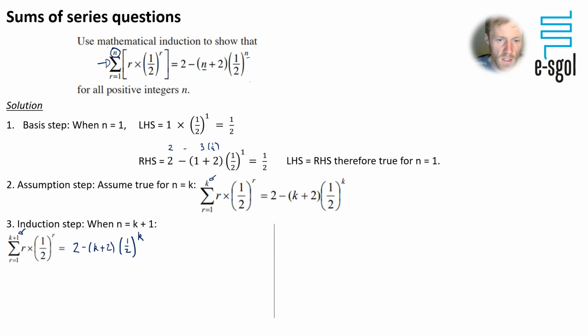So that would take us to the kth term, but then we need to add on one more extra step of the sequence or series, and each step of the series is given by this formula. So it's r. Now in our case, the final step of our series is given by k plus 1. So I'm replacing that r for k plus 1